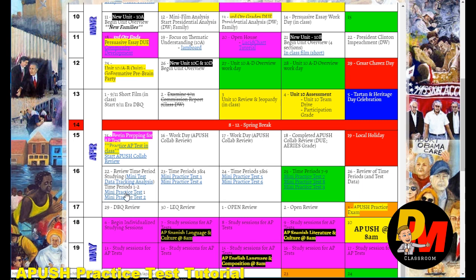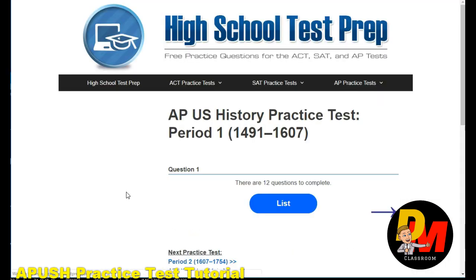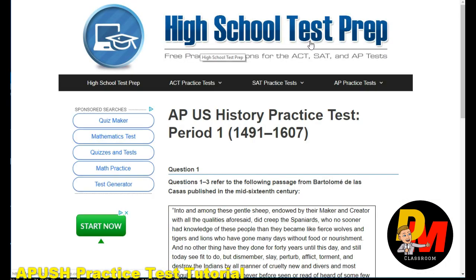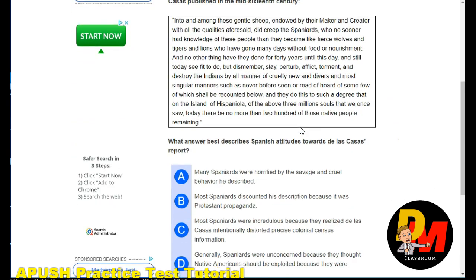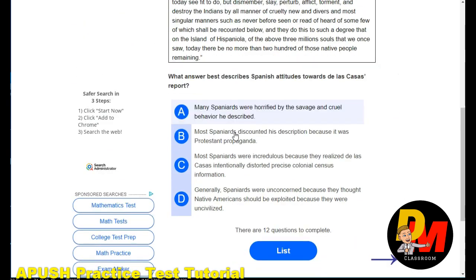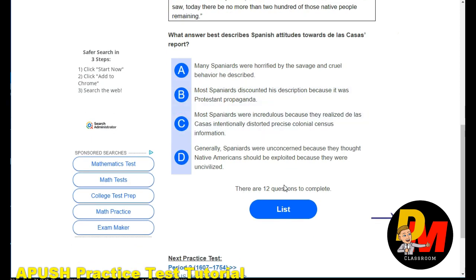This one says mini practice test 1 and mini practice test 2. For the first one, just click on the link. It'll take you straight there. It says high school test prep at the top. You'll notice it'll say the time period you're working on, and then you would go down here and just start answering the questions. It tells you at the bottom how many questions there are per practice test for the unit,